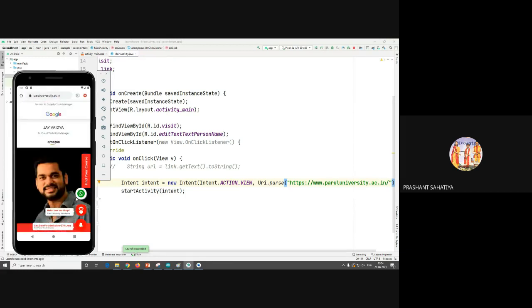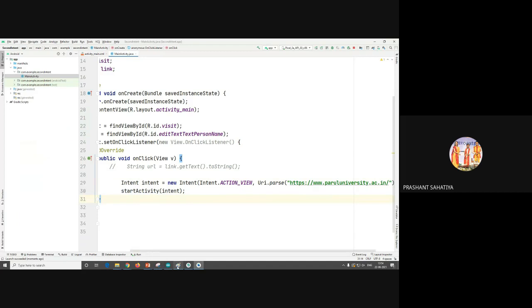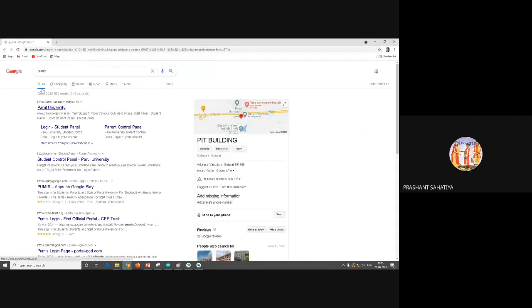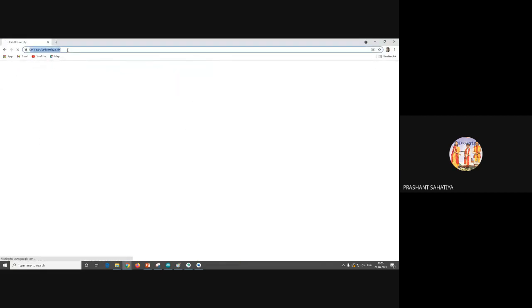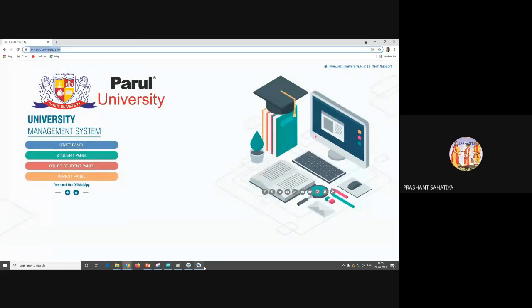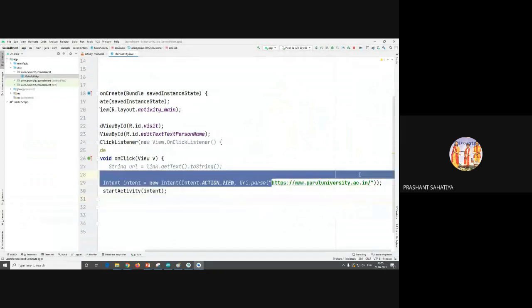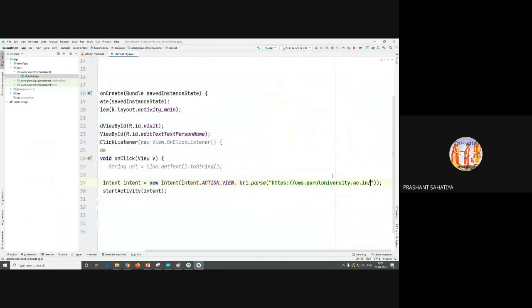हाँ, तो इस पे आप कुछ भी ओपन कर सकते हो. For example, let us open the MIS if you want to. इधर गया मेरा ब्राउज़र, इस पे जाते हैं, PUMIS पे जाते हैं. Let's select this link, go in the studio. Things are very easy once you know how it works. Run app.